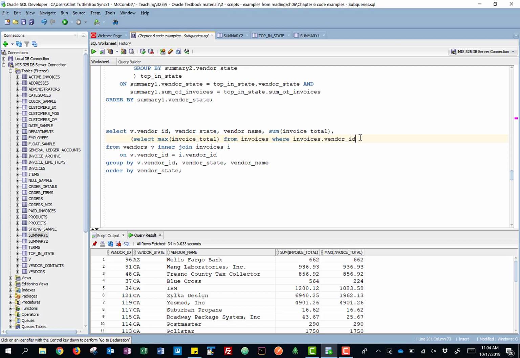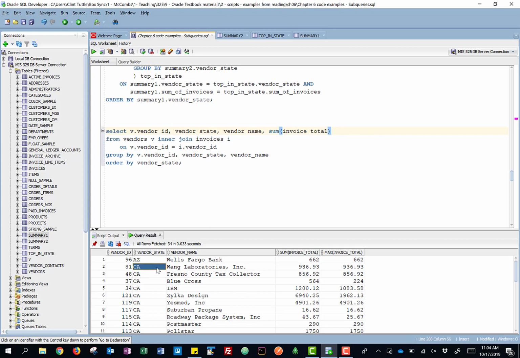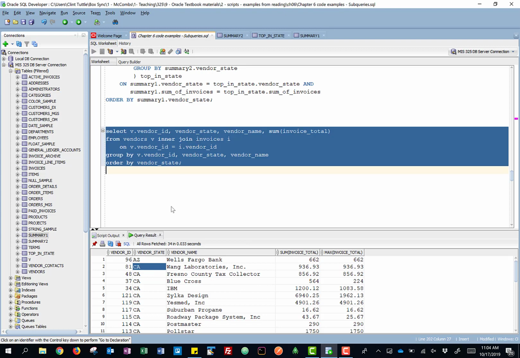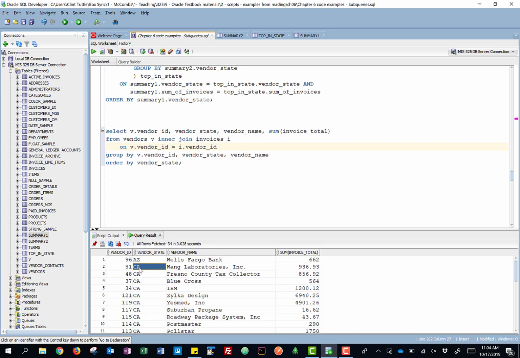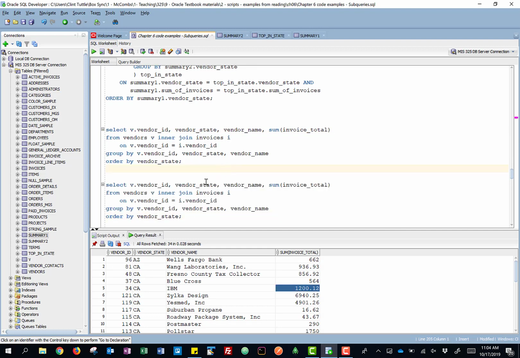And again, this isn't going to work because if I pull the max by vendor ID equals, what I was thinking was, could I do it in this select? Could I go pull where the vendor ID here? It's going to give me the same thing. It's just going to basically pull the max for that vendor. And so this is where what we really need to do is, once I have this set of values here, and I know I've got the state and this, then what I really have to do is get, by state, the max of that state, which is why this is where we actually start with our, let's call this summary 1,